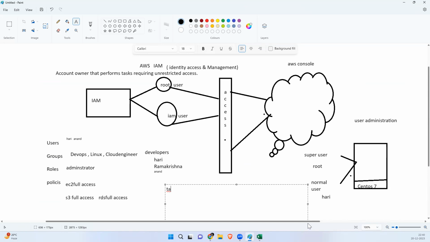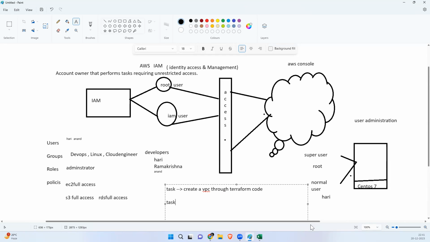Task 1: create a VPC through Terraform code.